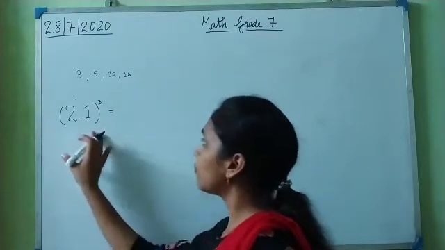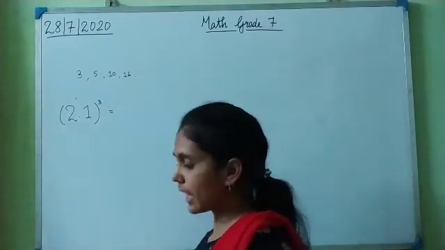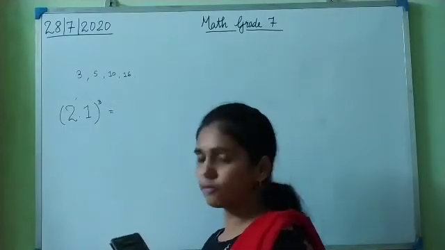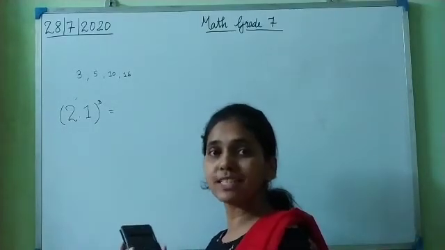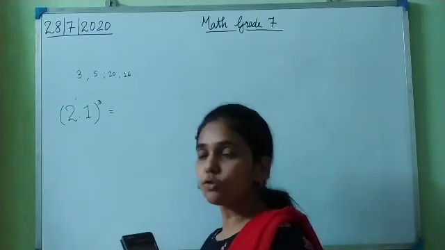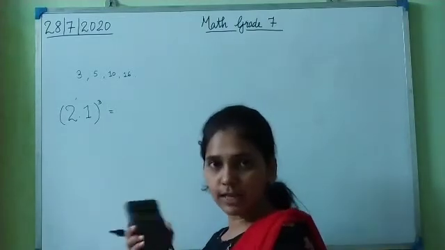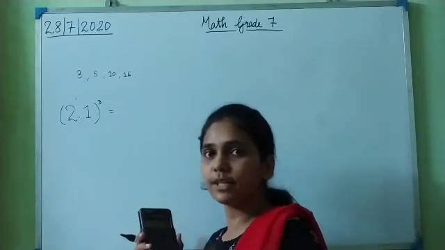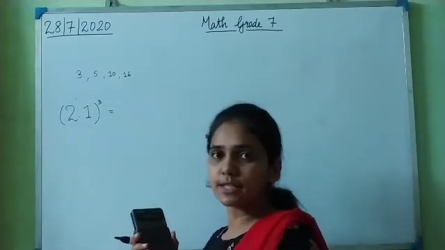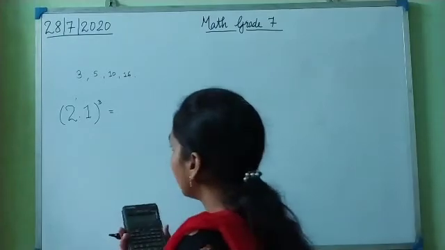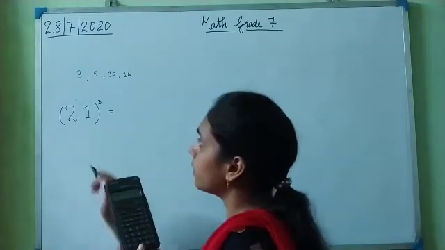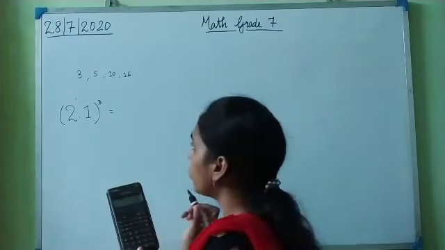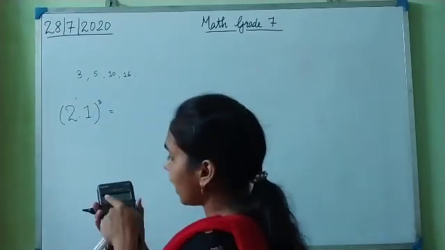Okay, so to do this calculation on a scientific calculator, finding cubes or cube roots of decimal numbers becomes simple. We can find the cube and cube root of any number, whether it is a whole number or a decimal number. Which keys do I have to press to find the cube of the number 2.1? First I press the number as it is.